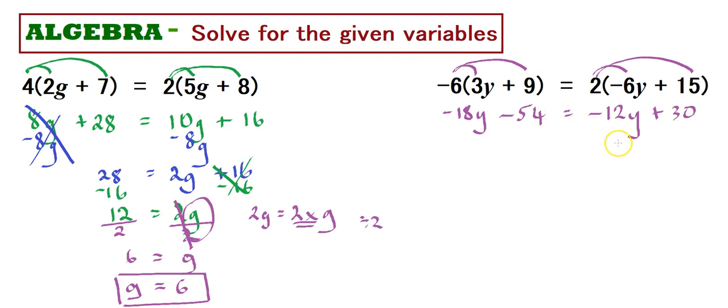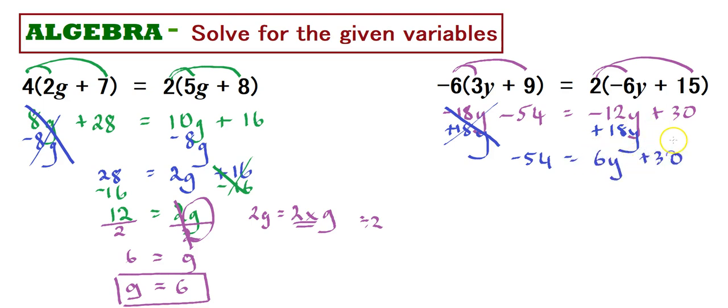Again, we want to leave y on one side of the equation only. So we're going to get rid of the term with the y, the least value term with a y in it, which is negative 18. So we're going to get rid of that. So how do we cancel minus 18? Well, we add 18y. And we add 18y on this side. So what that means is that cancels out. We're left with minus 54 on the left, and on this side we have positive 6y, and then this plus